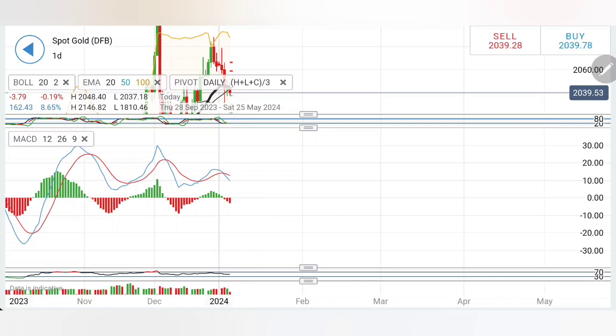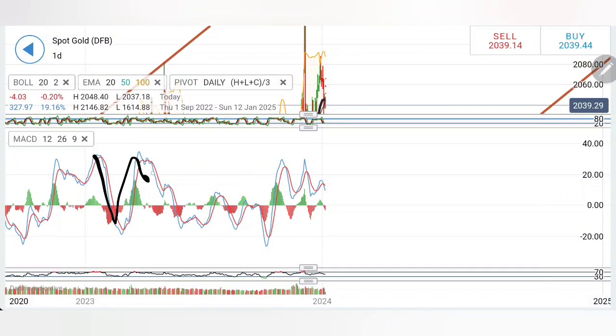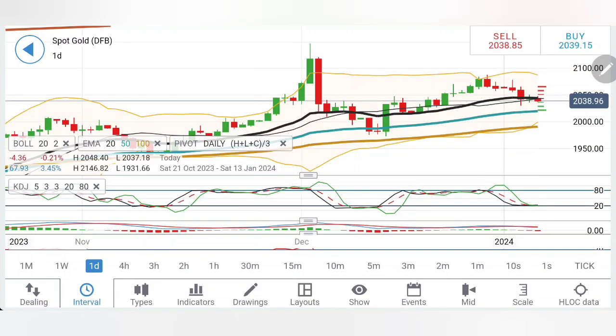Right now, also, I have highlighted this every time in my analysis. Double top here and then the chop fall, double top here, retracement, and again this is divergent, which means it can continue to trade bearish. RSI is looking downwards. Considering this, I will recommend you to sell gold at 2035 levels and expect it to